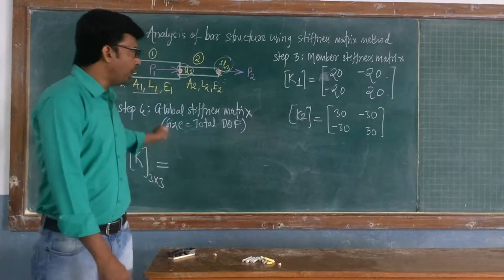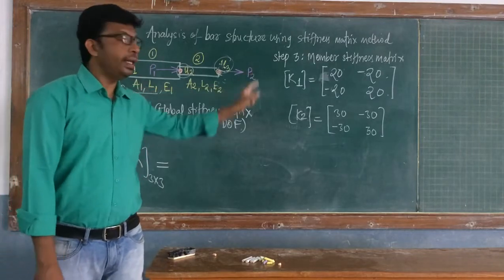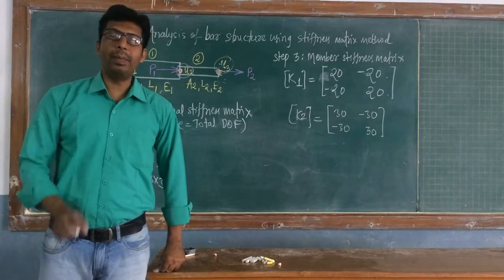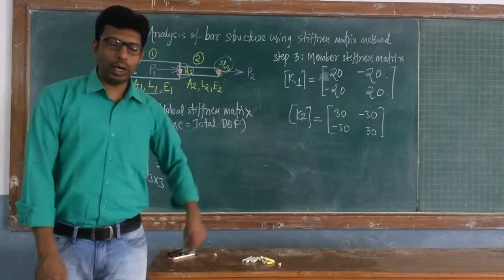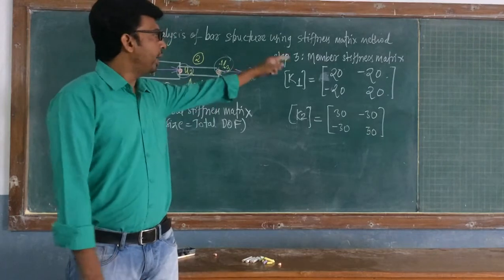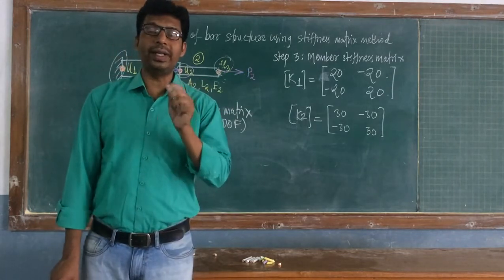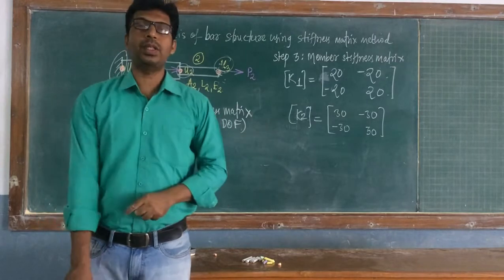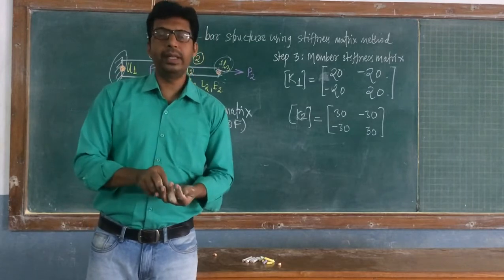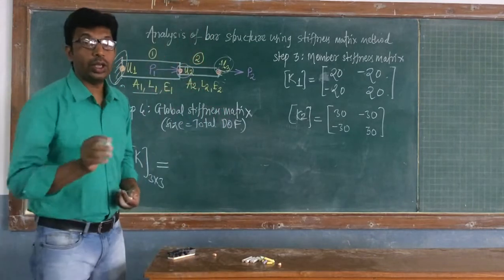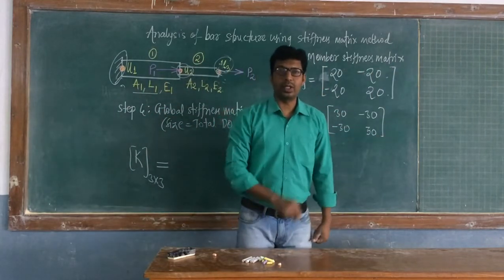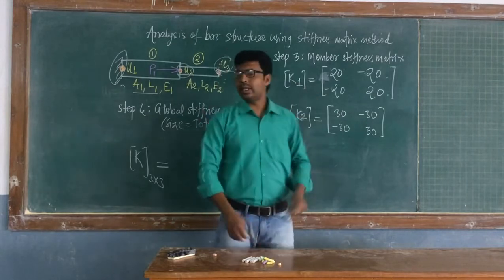Size of global stiffness matrix will be 3 by 3. Okay. Now before this, there is one more point: in element stiffness matrices or member stiffness matrices, member is also called an element. So in the member stiffness matrix, the important thing is that on the top and right of this stiffness matrix, you have to write down the corresponding displacements. That is the most important step in the analysis of any structure using the stiffness matrix method. On the top and right, write down corresponding displacements.